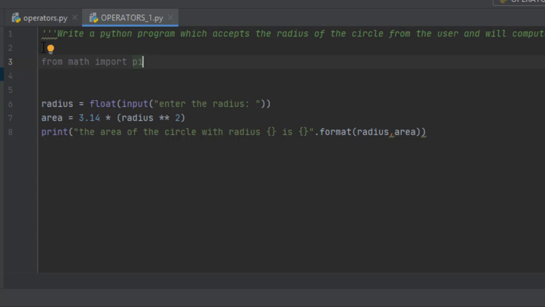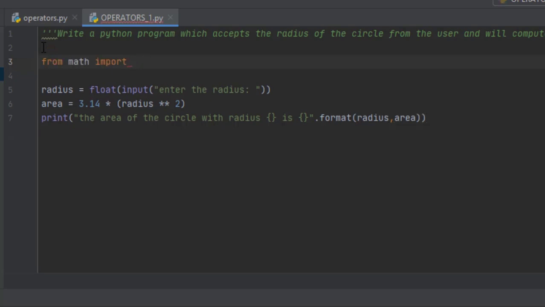In Python, there is an advantage of using the modules or someone else's project as your own. You can use it, with the permission of course, not without the permission. So here math is a very important mathematical module which is having almost all kinds of mathematical functions.